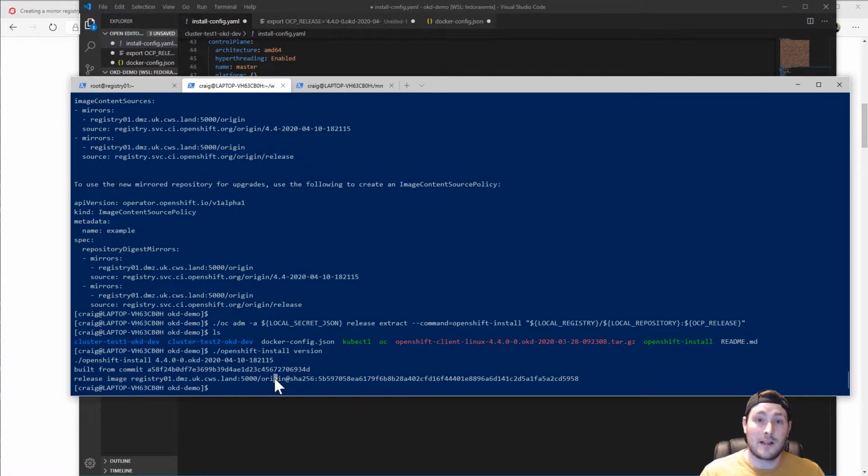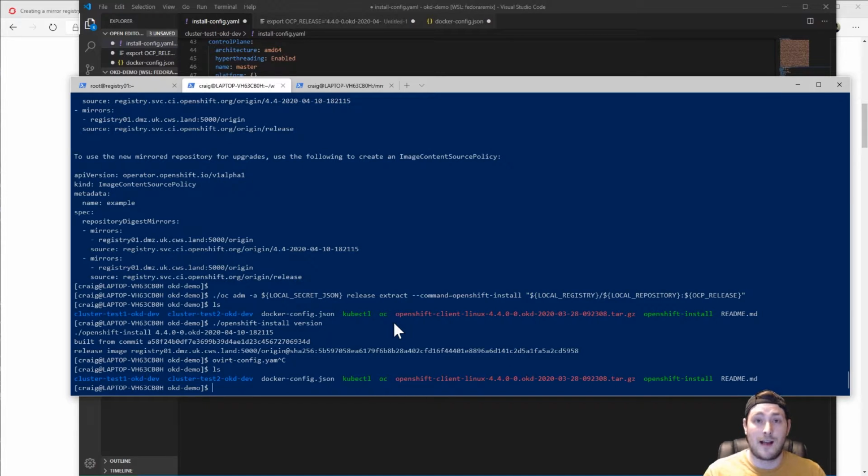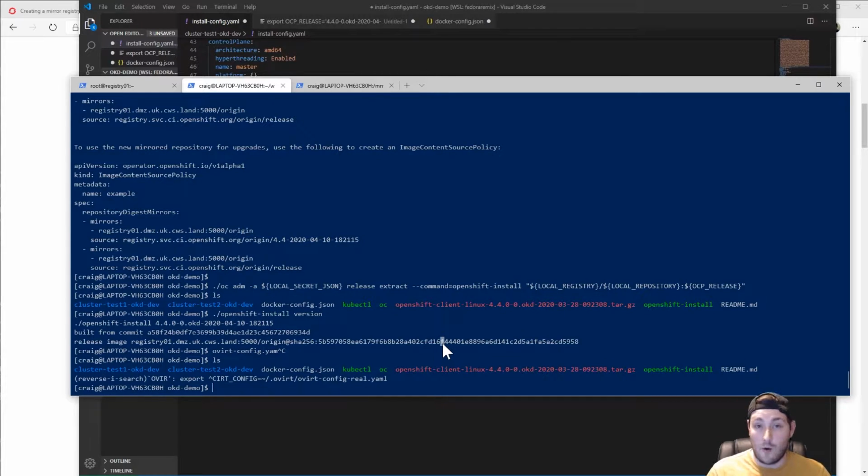The last thing that we're going to need to do before we can actually kick off the install is just to make sure that we've got the oVirt config in place. The installer expects one of two things. Either you can put an oVirt config file, so it's expecting ovirt-config.yaml, in a location of your choice and export a variable. So you can export the oVirt config variable, and then you can just tell it where to find your oVirt config. Or you can, as I've pretended to do, but not really because I've taken my username and password out,